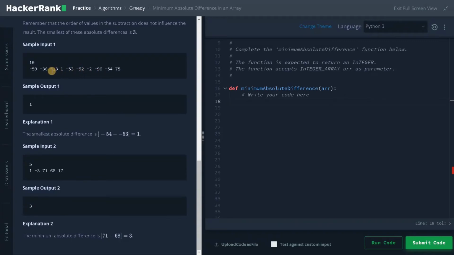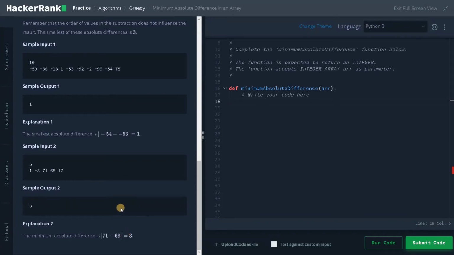I think some numbers will be there, minus 53 and minus 54. If you negate it, the result will be 1. And here the minimum absolute difference is 3, for 71 minus 68, so we have the difference 3.